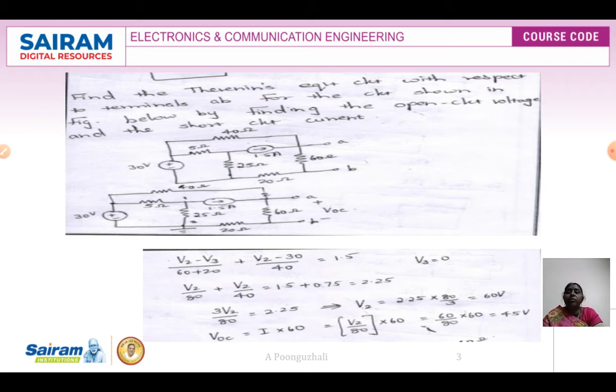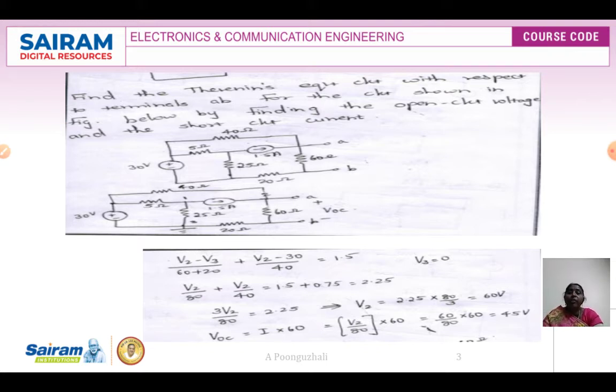So first we are going to find your VOC, by nodal analysis. Here you have a current source between the loops. One way is to go for a supernode analysis method, or the other way is, if a current source is there, better to go for the nodal analysis method. So first mark the nodes. This is node 1, this is node 2, and this is node 3.